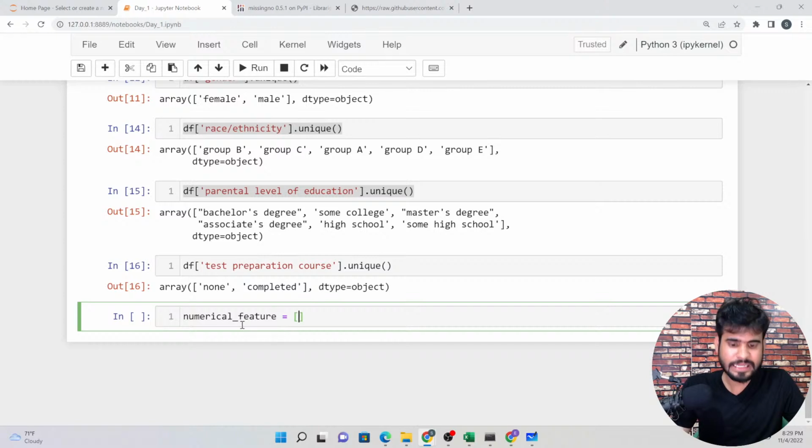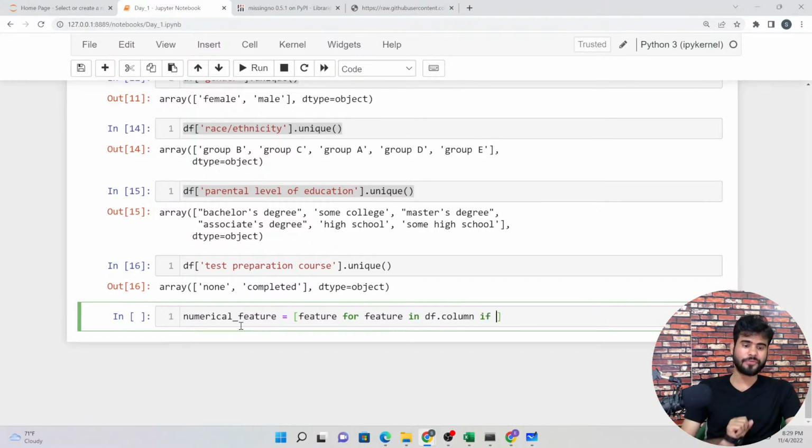For the numerical features, I'm going to use a list comprehension here. Features for feature in df.columns, if df of feature dot dtype is not equal to, let's try to check the dtype, so df of feature dot dtype equal to 0, and let me put this 0 in string format.